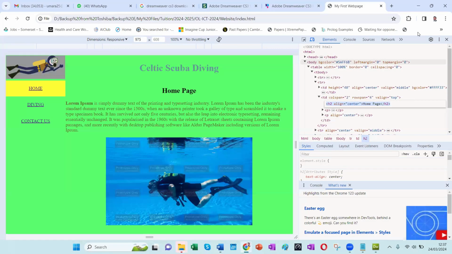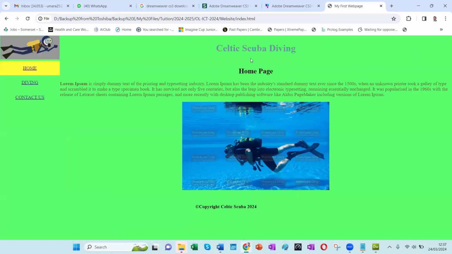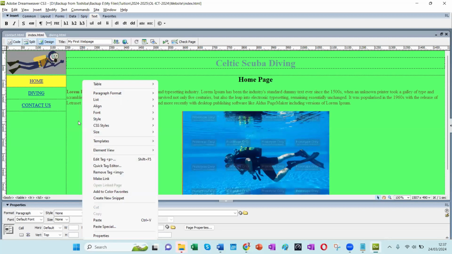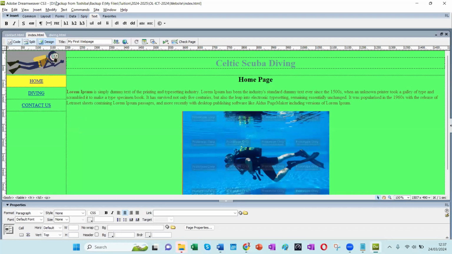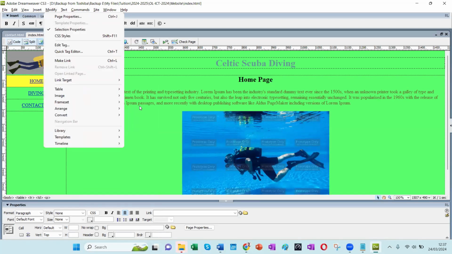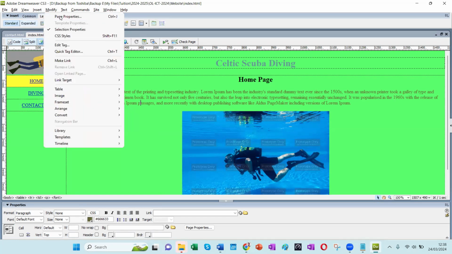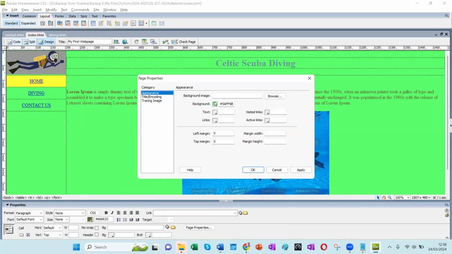Okay, right. Another example. Let's say they wanted you to change the background color of the page to something else. And they will ask you to show how you did it. So then, of course, you will have to go to Dreamweaver, right click, go to properties. I think it's better to go from here, modify page properties. Otherwise, sometimes it might go to properties of the table. So go to modify page properties and add the color that they give,